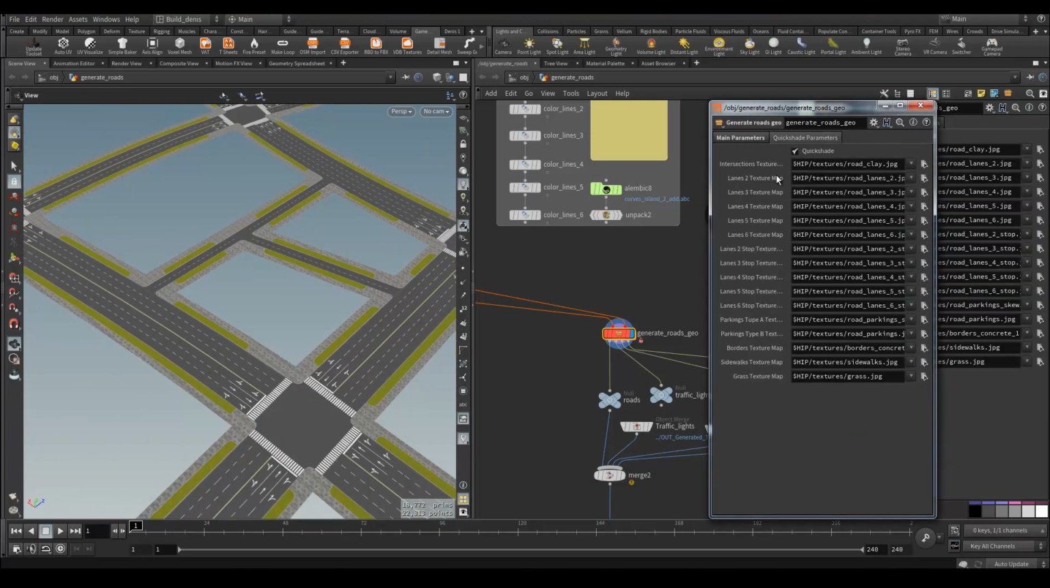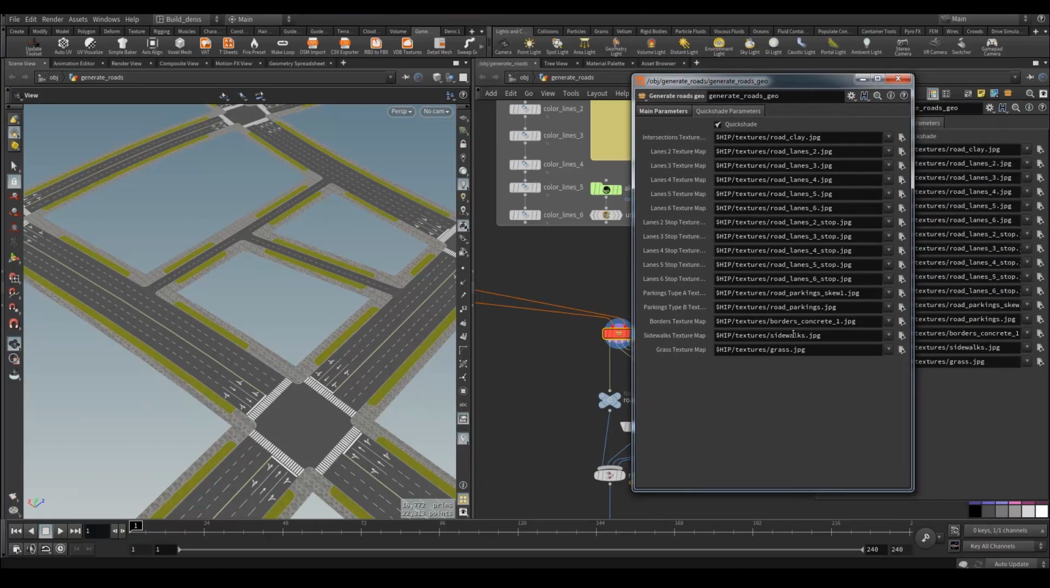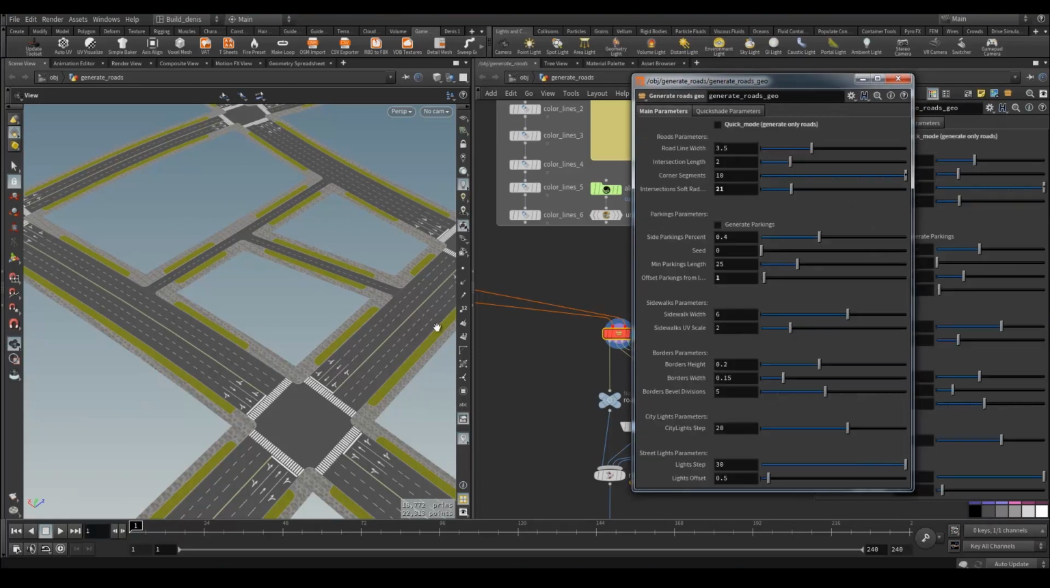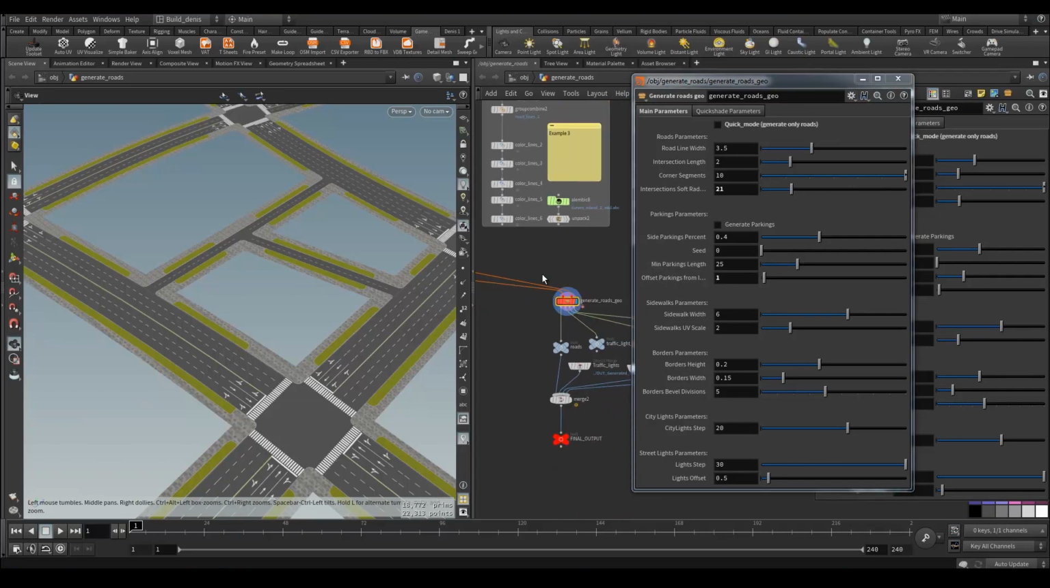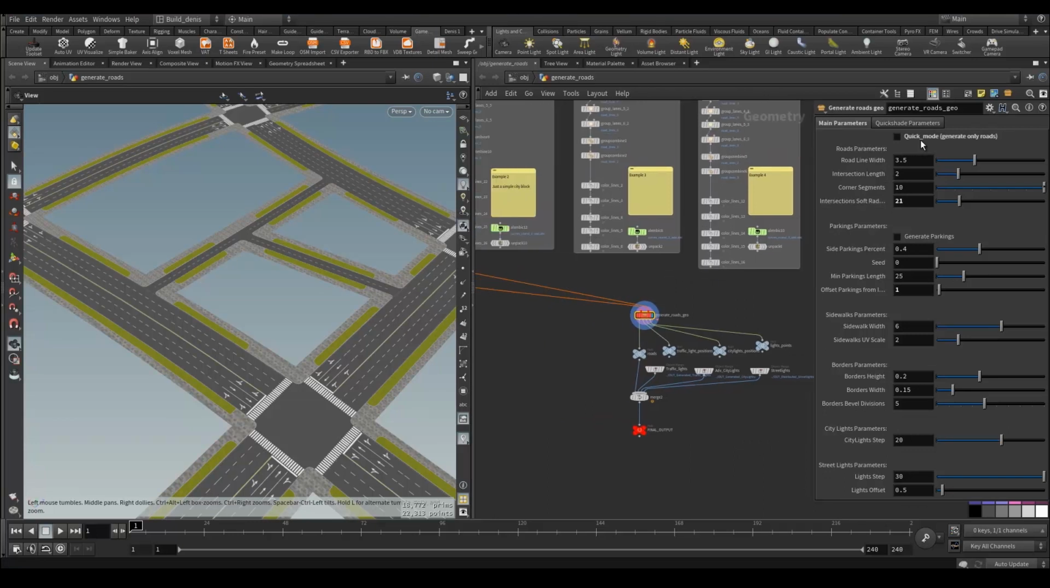Well, quick shade. Here are textures. It's also included in the archive. Okay, let's demonstrate how it works